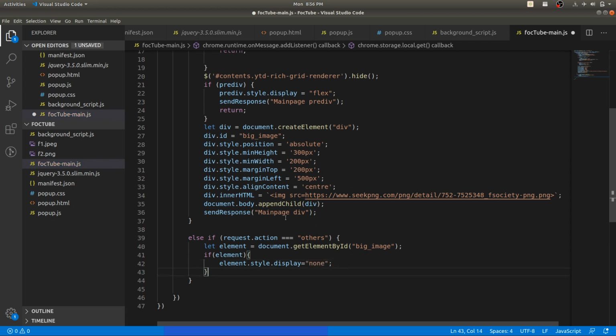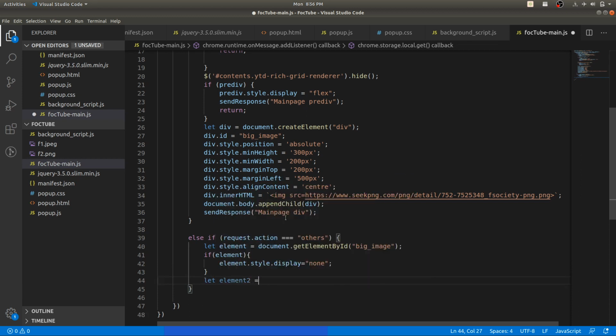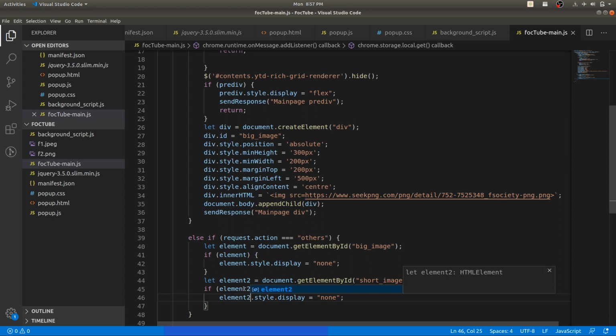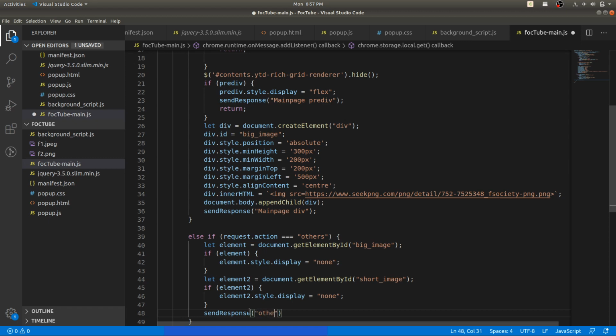So if big image is there, then we will set its display to none. Similarly, if the small image or short image is there, then we will also set its display to none. So we are using the same condition for both the elements.